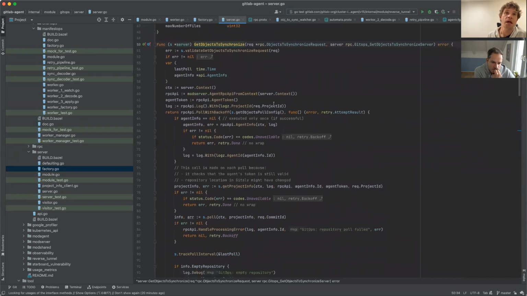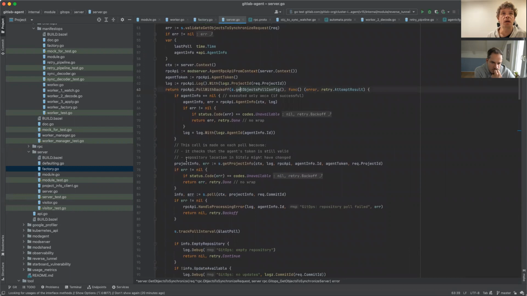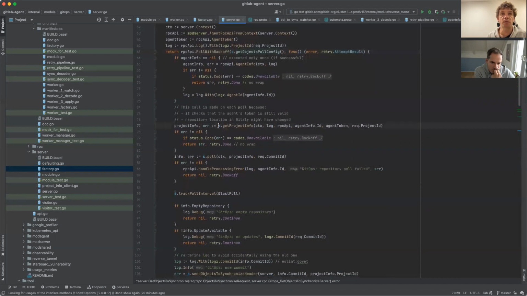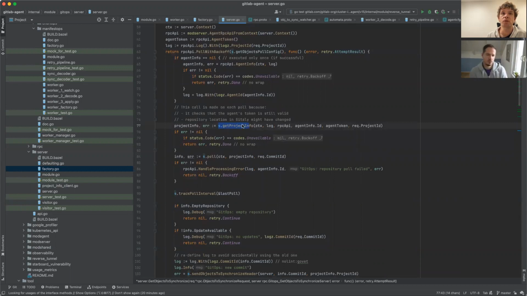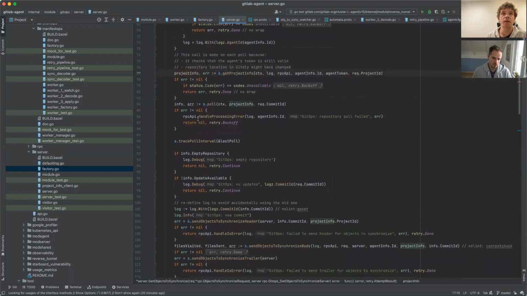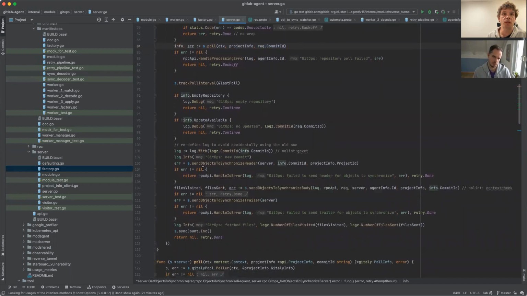And this thing basically polls Gitaly, gets project info, on which Gitaly server that repository is. Then it polls that repository. On a successful poll, when the commit is a different commit, we basically